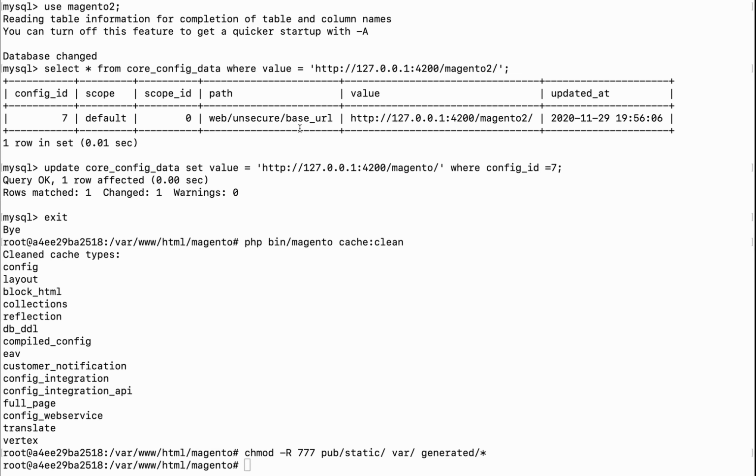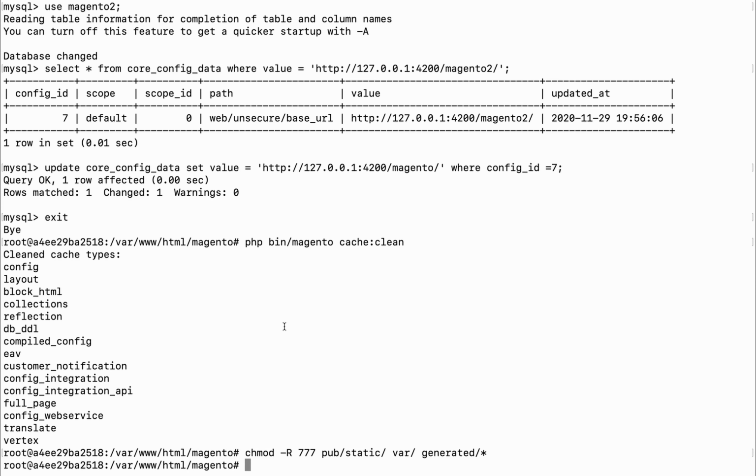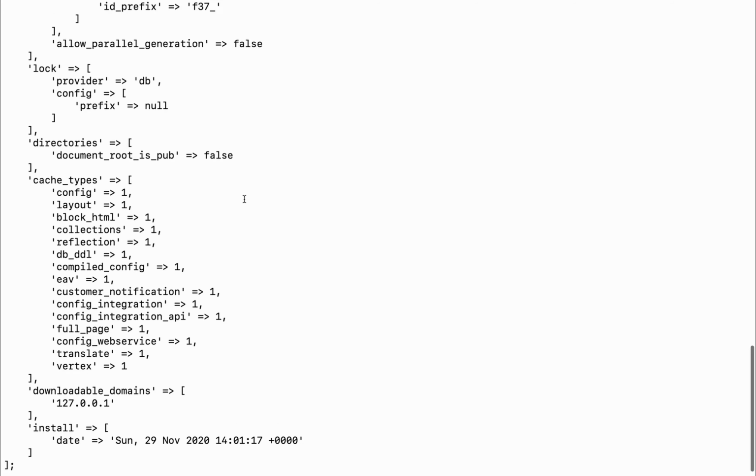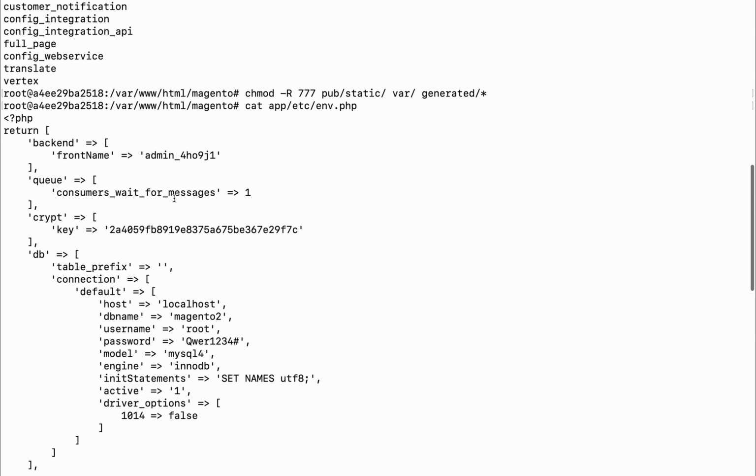The next thing that I will do is log into the admin panel. If you do not remember what the admin panel URL was, you can go to the app/etc/env.php file where your admin URL is mentioned. In the backend section, the value of frontName is your backend URL.